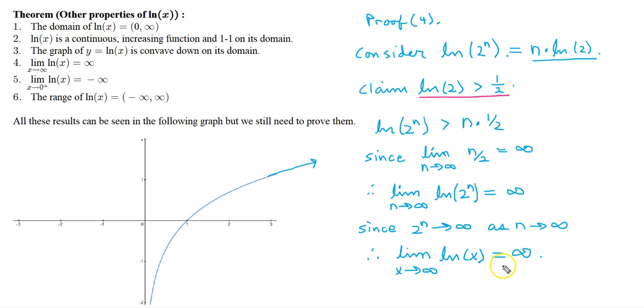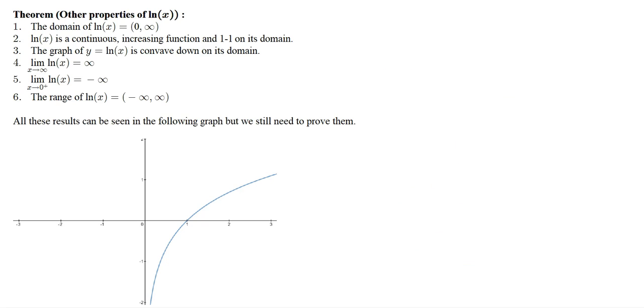Now the proof of part 5 is very similar. Let me just outline what you would do there. So for the proof of part 5, you would consider this function. So instead of considering 2 to the positive n, we consider 2 to the negative n. And we notice that this is equal to,